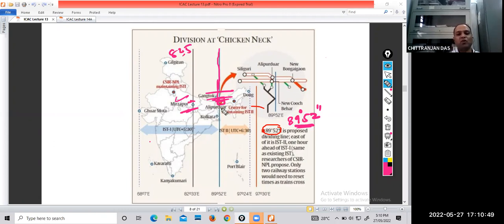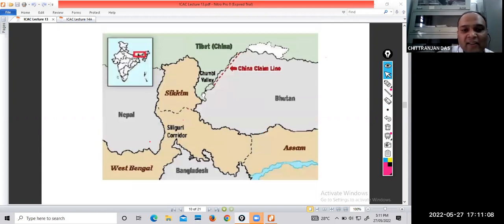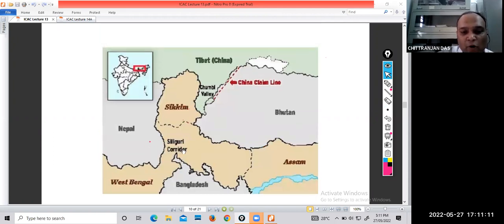बट यहाँ तक जो टाइम जोन है वो वही रहेगा, which is they proposed of a new time zone, but what happened that this was not accepted। This proposal of CSIR NPL was not accepted। Okay, there are several reasons for that। We can have a separate discussion someday on that। This is the Siliguri corridor। Okay, this is the Siliguri, and which is called as chicken neck। ये देखो, ये है, ये चिकन का फेस है, और ये नेक है, और ये वेस्ट बंगाल है। Can you see now chicken and neck, Siliguri corridor?